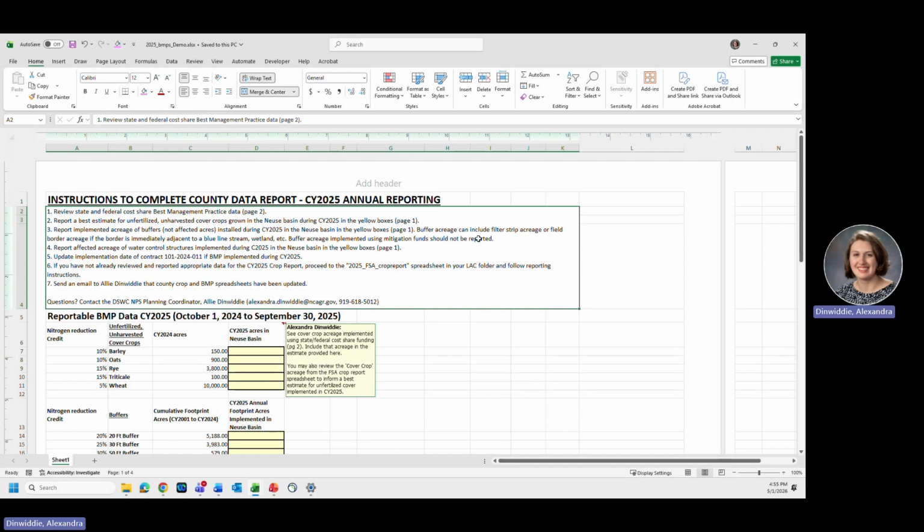This spreadsheet is designed to capture county information on best management practices, BMPs, that reduced nitrogen loss from cropping systems that were implemented in the last crop year. The 3 BMPs we can count towards nitrogen reduction credit include unfertilized, unharvested cover crops, riparian buffers, and water control